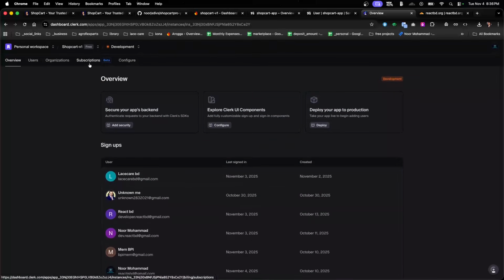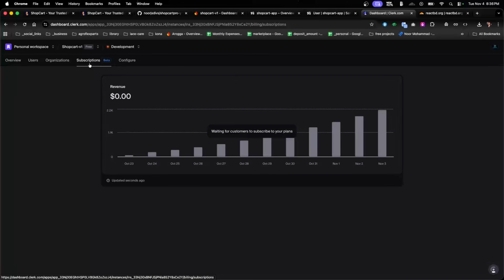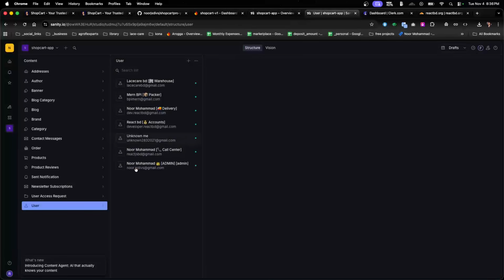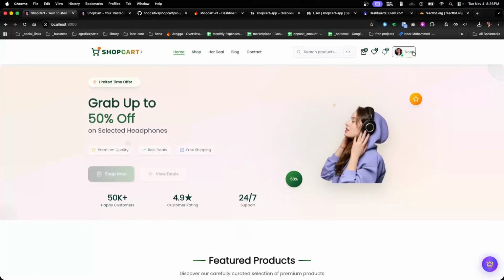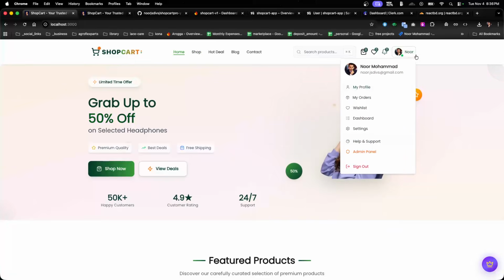And by the way, we have also enabled the Clerk subscription. And we have our Stripe payment section as well. So now, as you can see, we are taking the user back according to that particular instance. Now, if I click on that, you can see we have my profile, my orders, wish list, dashboard, settings, help and support,